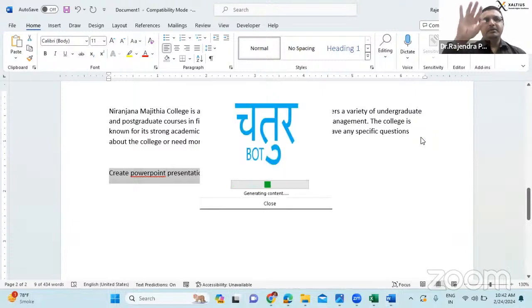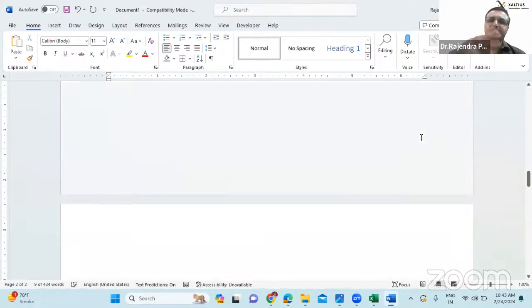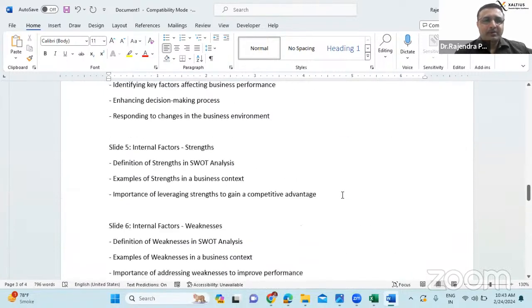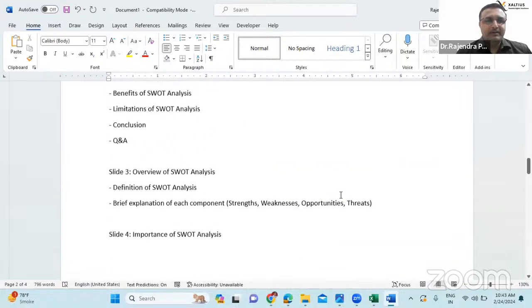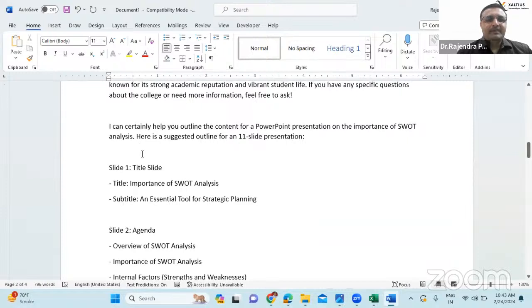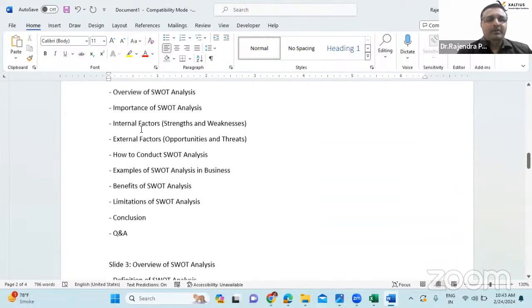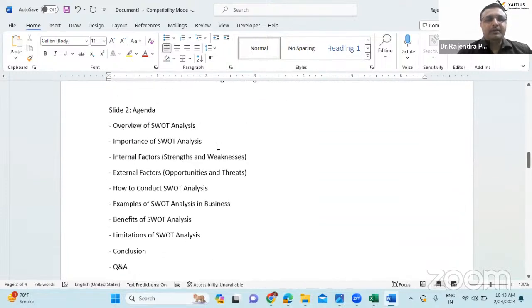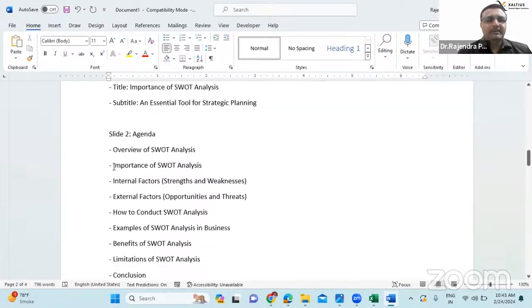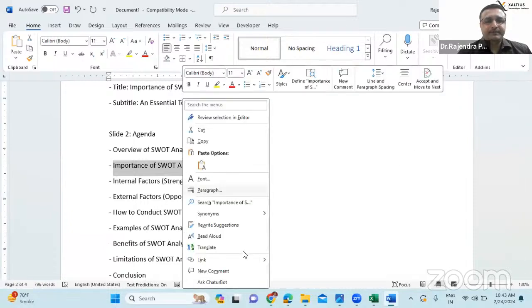So say it will give you exact 11 slides only. The content for 11, not actual slides, but your content will be ready. Simply you post, do that. See what your slide 1 should contain. Okay. Overview of SWOT analysis, importance of SWOT. Now further you want to explore this, like importance of SWOT.